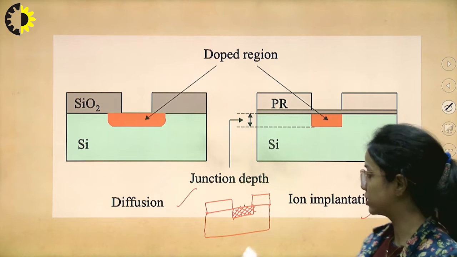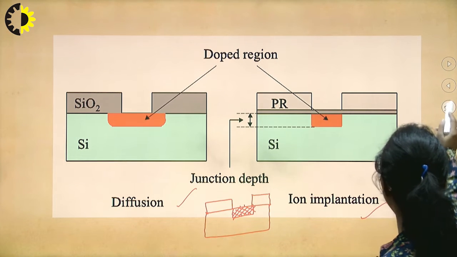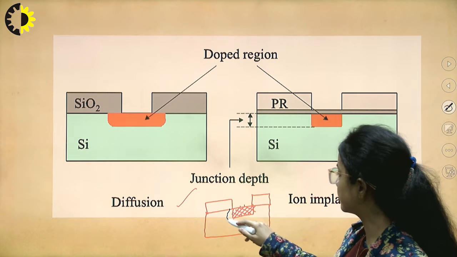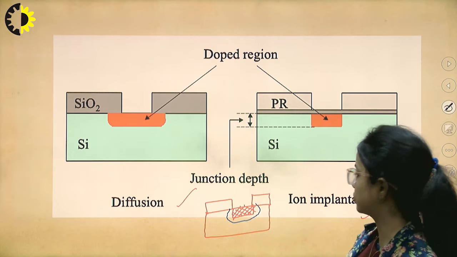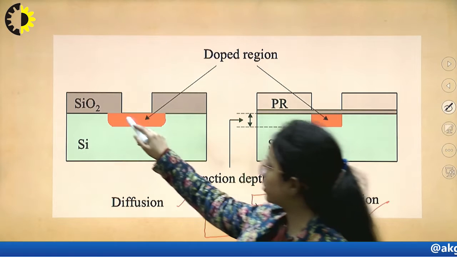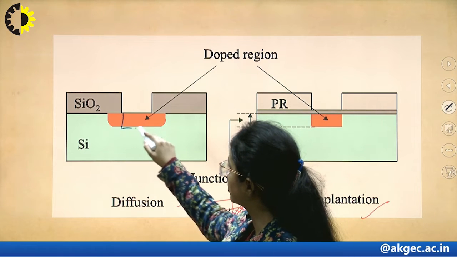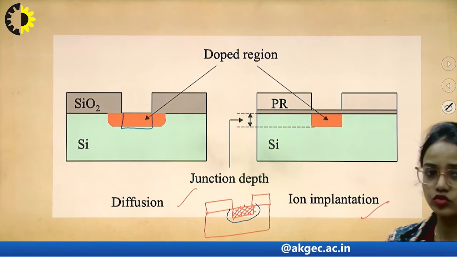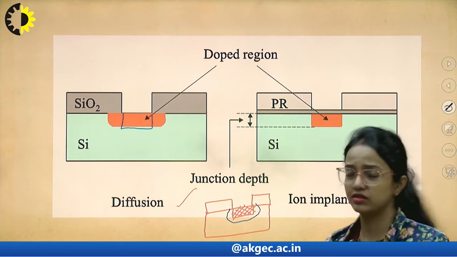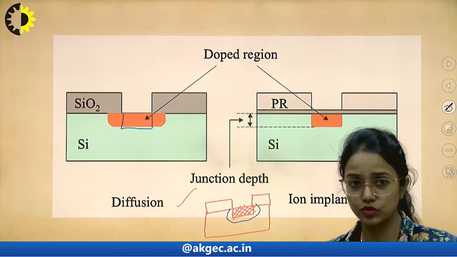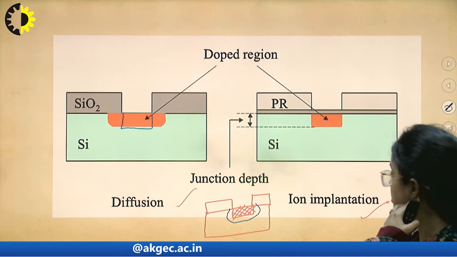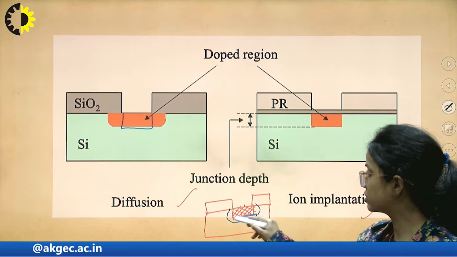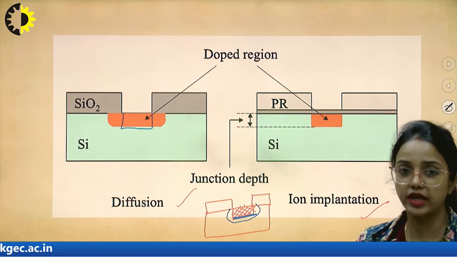But instead of getting this profile, we are actually getting an extended n well when we talk about diffusion. So, this is what's happening. We wanted it to be like this and we are getting the extended well. So, we can see that the junction depth is not actually controlled. The junction depth is such that we have to stop here, then we have to stop here. So, the junction depth should be very precise and very accurate.